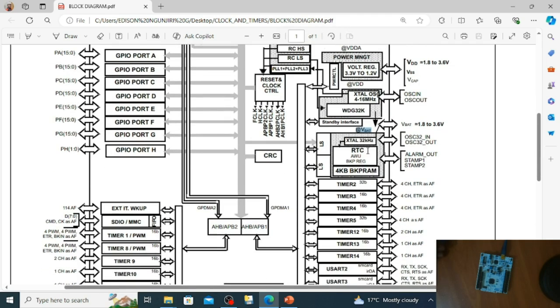We have the external 32 kilohertz LSE, the low speed external, which is used to run the RTC and the backup RAM and also the backup registers. So you find that even when the reset occurs and you have connected your VBAT to the board, these registers are not reset. So they keep